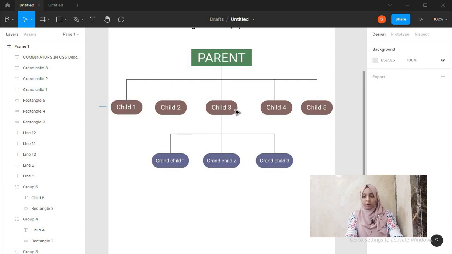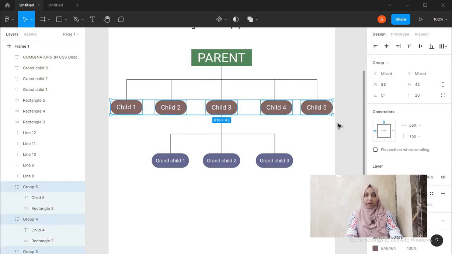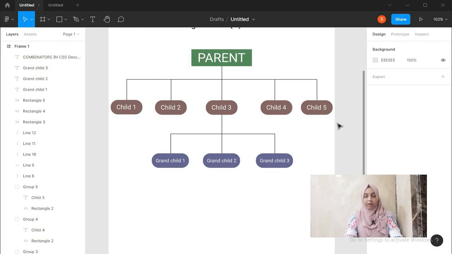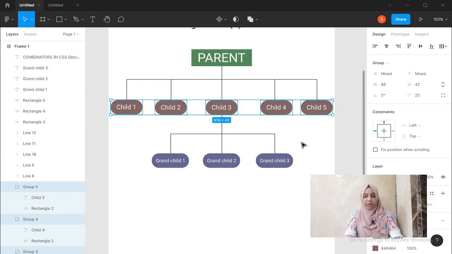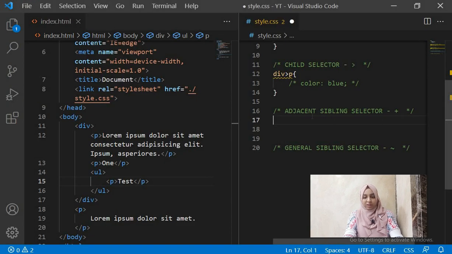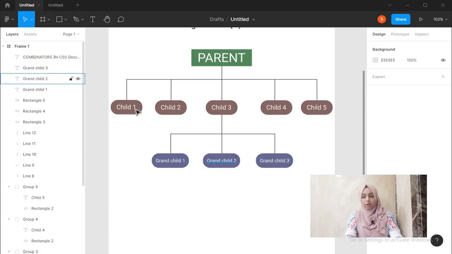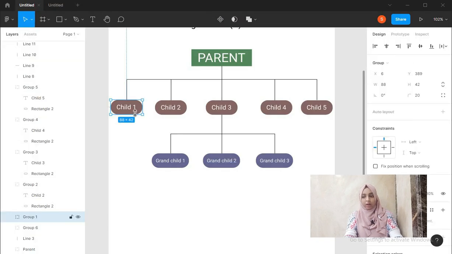These are siblings, right? Child 1 2 3 4 5, these 5 are siblings. Brothers and sisters, right? You have parents and then you have children, and if you have 3 or 4 brothers and sisters, those are your siblings. Similarly here, these 5 are siblings. So it says it will select the adjacent sibling. If you take this element and then target an element after that, it will just select the element which is right after that.